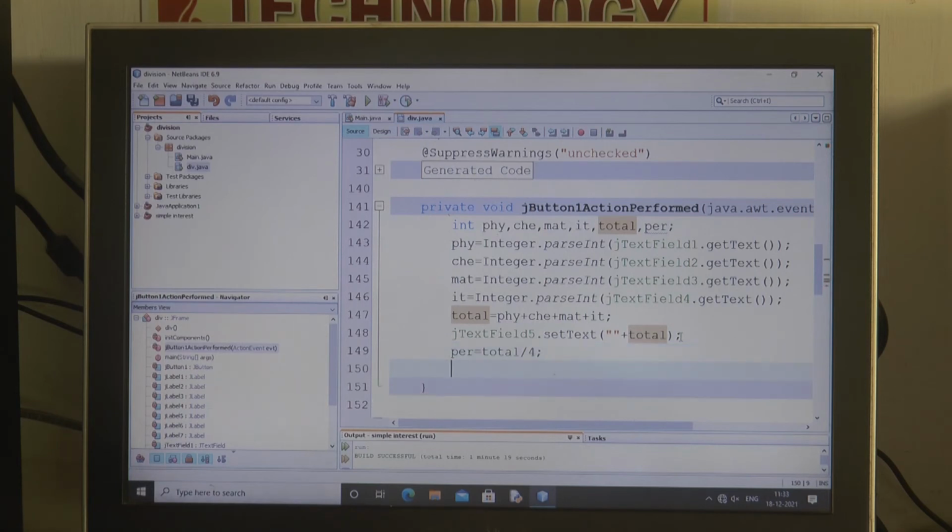Next, we have to find the division. The division is in plus 2 council. If you get 60 or 60% above, it is first class. 50 to 59, it is second class. And 30 to 49, it is third class. Or below that, it is fourth. Okay, so let's put a condition. If